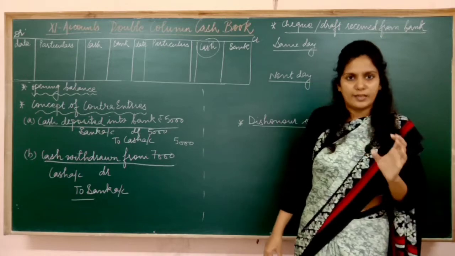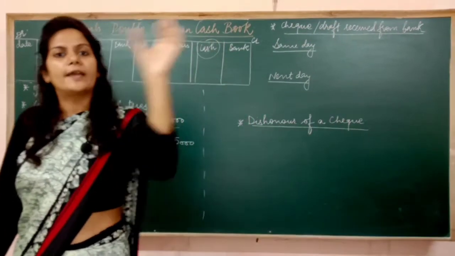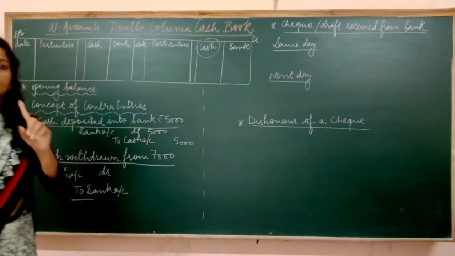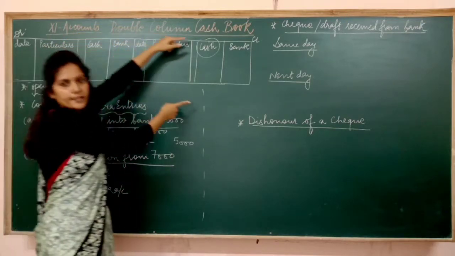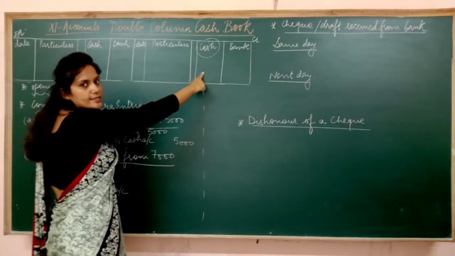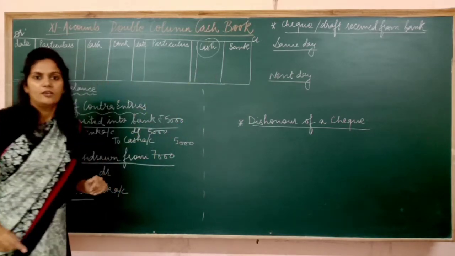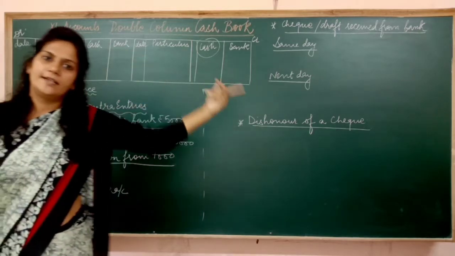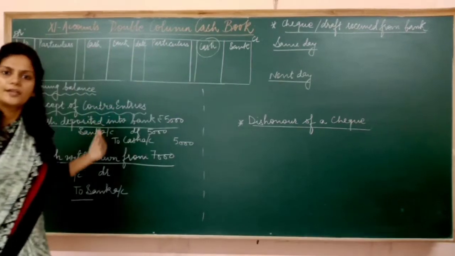Debit balance means that the debit side of cash is greater, so we are writing the balancing figure on the credit side. In the previous video also you might have seen this thing. Debit side was greater than the credit side. Then to make both the sides equal, I wrote some amount on the credit side, which means that debit side is greater, so cash book is having a debit balance. If credit side is greater, then cash book will have a credit balance.